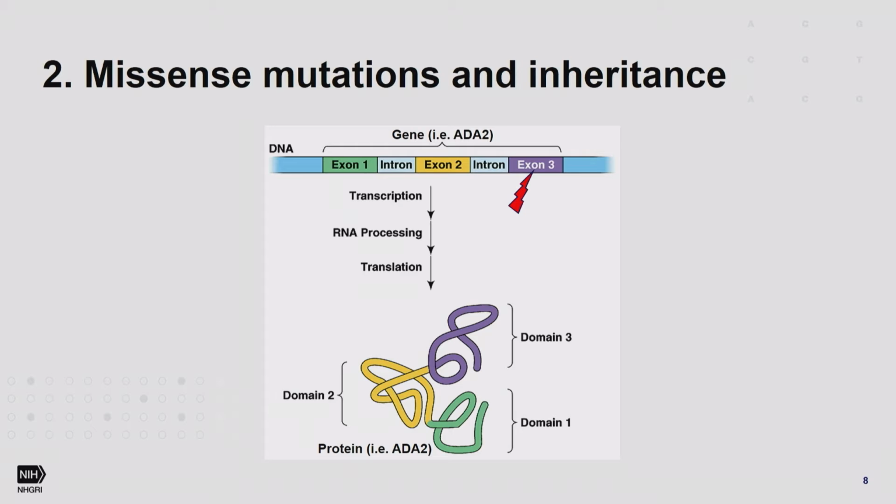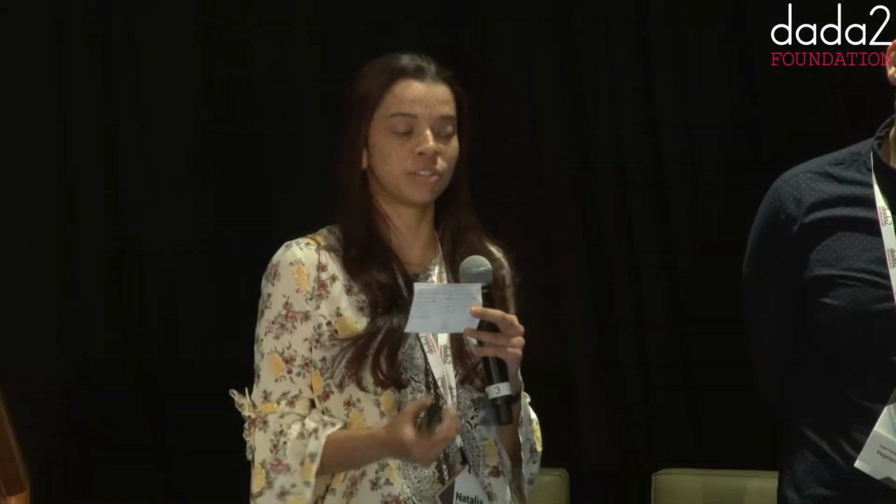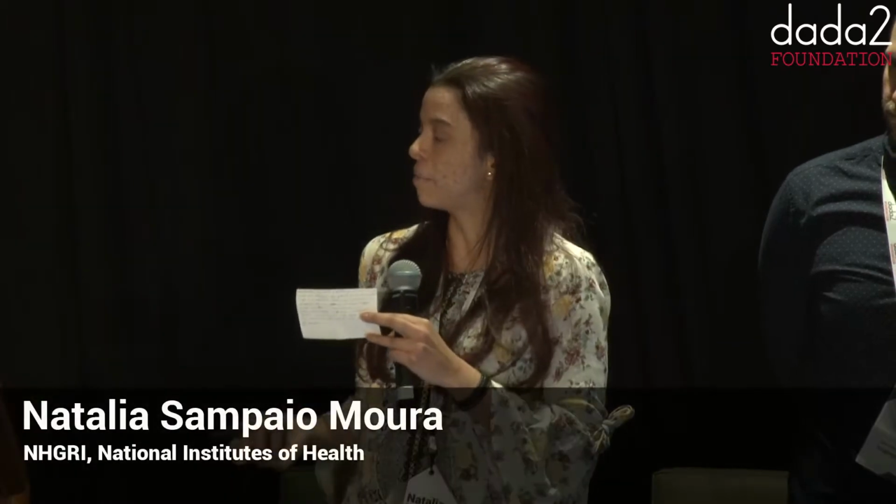So I want to take a moment just to have an analogy, just to make this easier to understand. Let's imagine that you're sitting down on your computer and you're writing the first draft of an essay. So you're typing all of these letters. Now remember that in the world of genetics, you can only type A, T, G, and C. So that first draft of your essay is your DNA, just a bunch of letters in a specific order, of